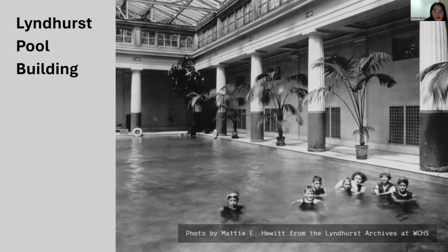The importance of the Lyndhurst pool building can be traced back to when Helen Gould opened the pool to the public. The pool was very likely built as a response to a sinking accident that had claimed the lives of hundreds of immigrant women. During the era, because of social norms, women had very few chances to learn how to swim. And the Lyndhurst pool not only opened 6 days a week, but also offered free swimming lessons